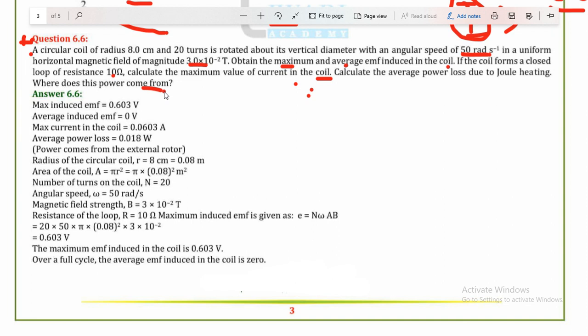I am continuously advising one thing to all of the students: to solve a question, first try to write the given quantities and check their units. Are all of them in a proper system of units, that is, in the MKS system or in the CGS system? You can choose any one of them, but try to use the MKS system, because most of the time the maximum number of quantities are given in MKS units. Okay, so let's see here.